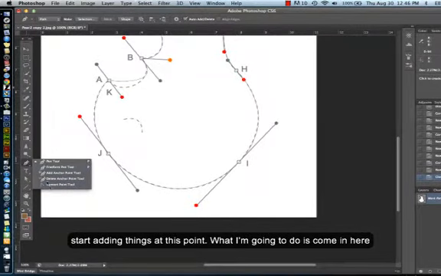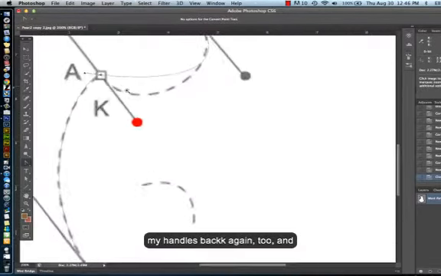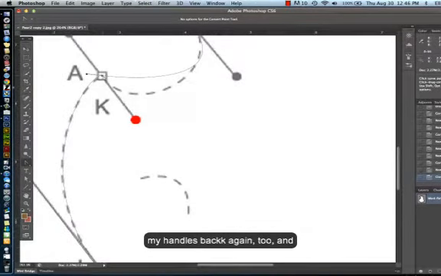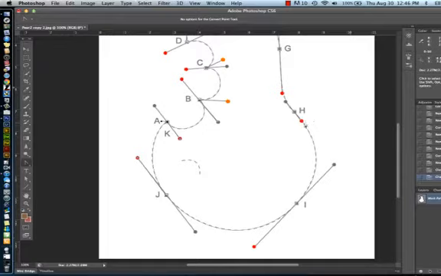What I'm going to do is come in here with the Convert Point tool, and that's going to give me my handles back again too. And now I can use my Alt or Option key and just drag that so it's in the correct guidelines. Okay? Now, where does the path show up? What is it good